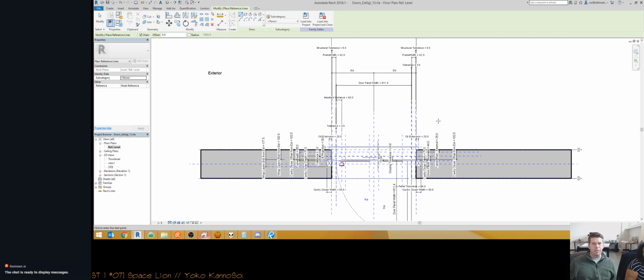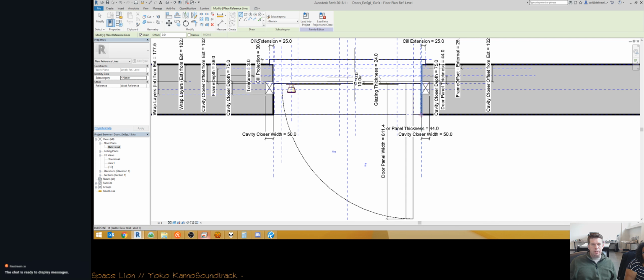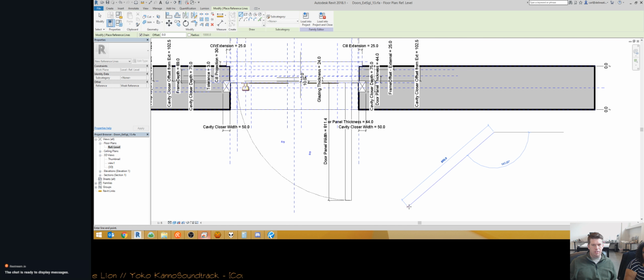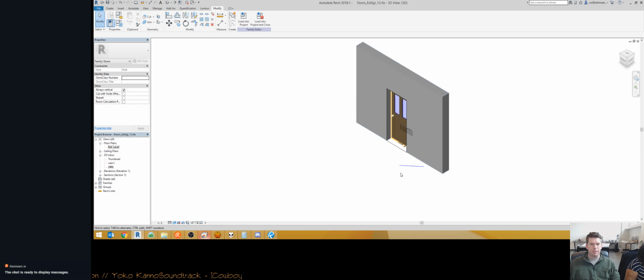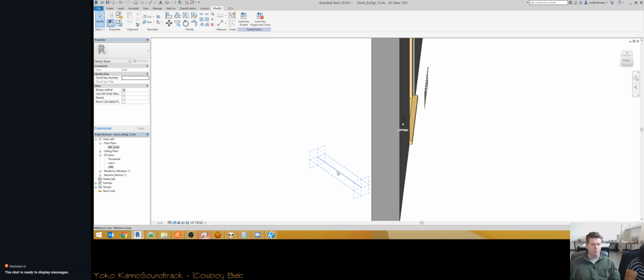And reference lines are pretty cool because they give you lots of work planes. When I hover over that, you have the work plane on the end, so 1, 2, and then you have the work plane that's vertical and the work plane that's horizontal. So you have 4 work planes that you can work from this one